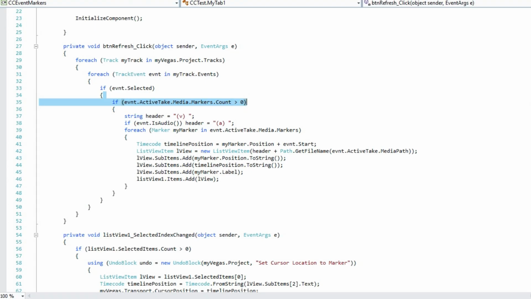Then, so I could tell whether it was a video event or an audio event, I created a header variable and put a V in it. And then if the event is audio, I changed it to an A in parentheses. And then we go through each marker, my marker, in